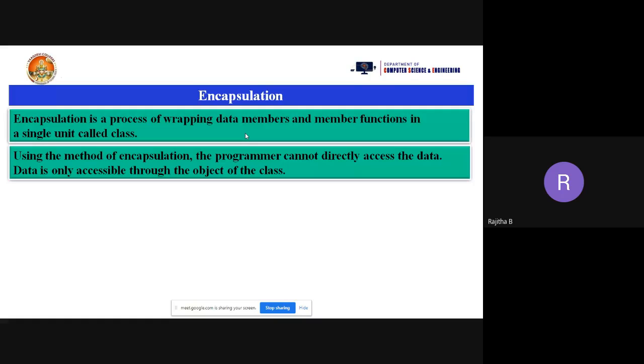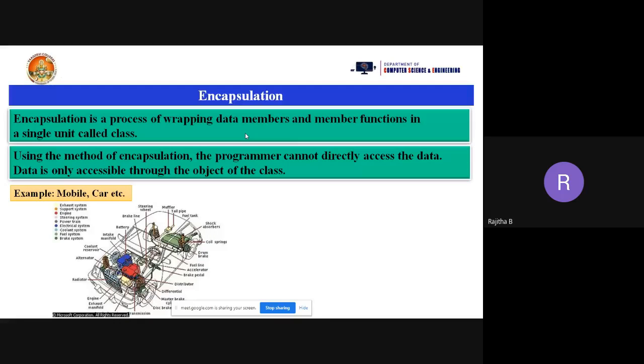Suppose you take a TV remote, a mobile, or a car. If you take the car, we have a number of parts in a car. We have a battery, an engine, an exhaust manifold, a muffler, a tailpipe, a fuel tank. All of these are parts of your car only.